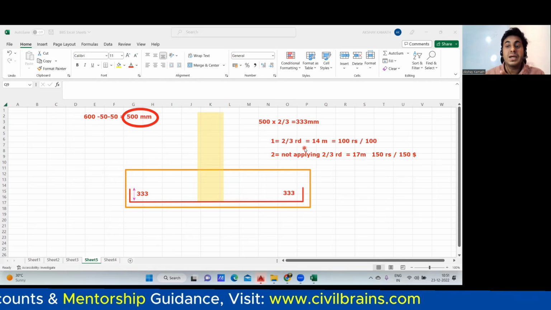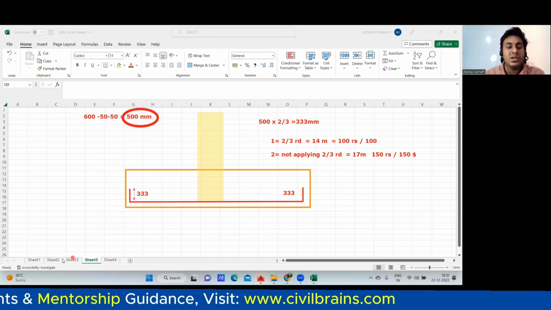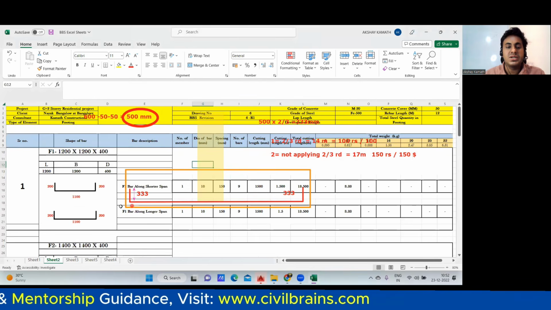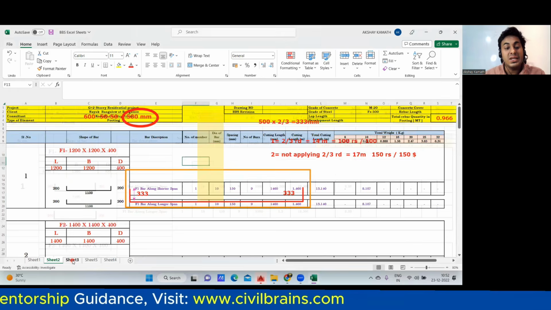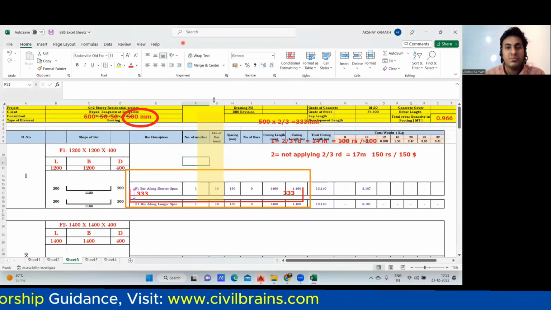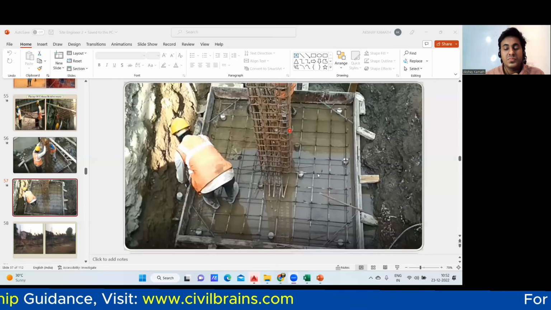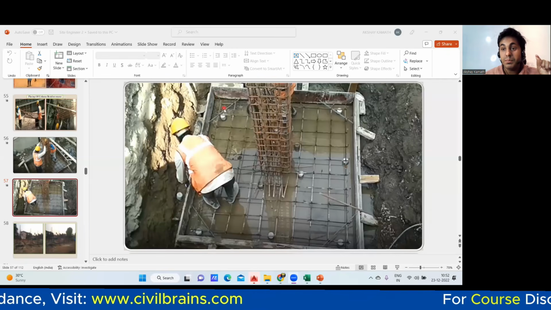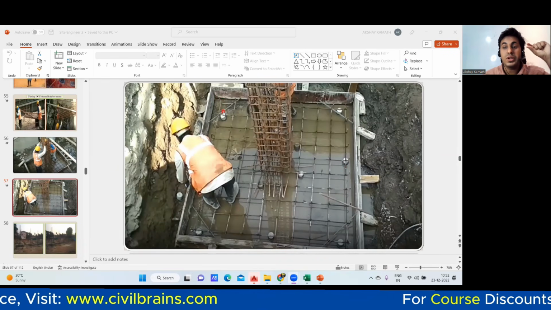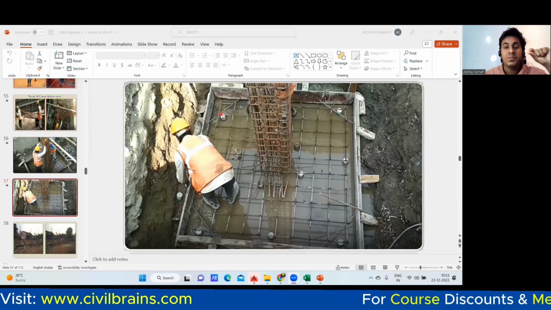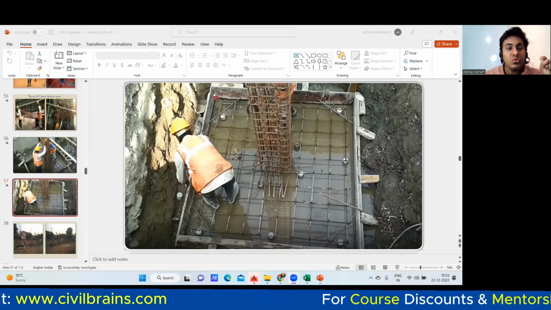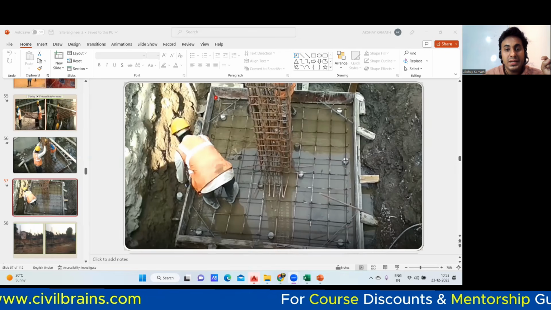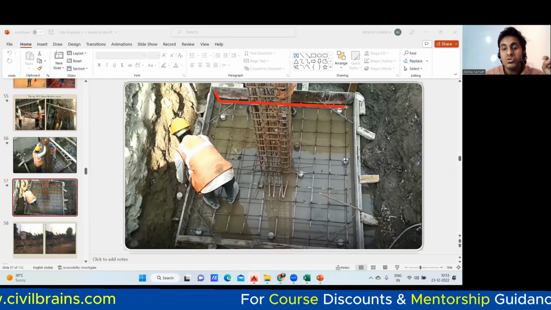Okay. Now on the site, everything is on the paper. I can do anything on the paper, in an Excel sheet. But when you do the real execution on the site, for example, let us say in the paper, in the Excel sheet, you have to take 2/3 of the depth. Okay. But on the site, if these people do something completely different, then what should you do in the